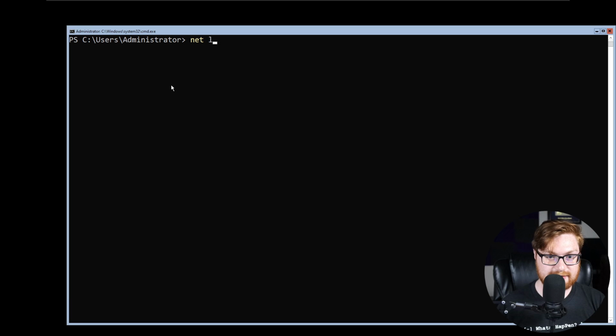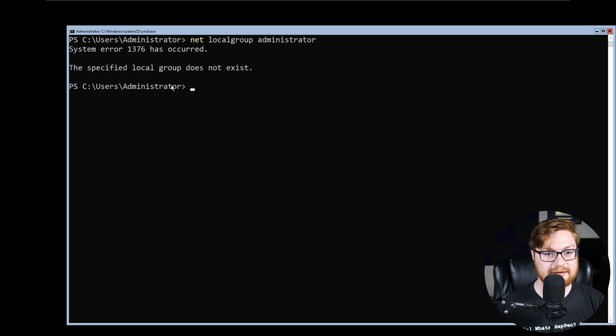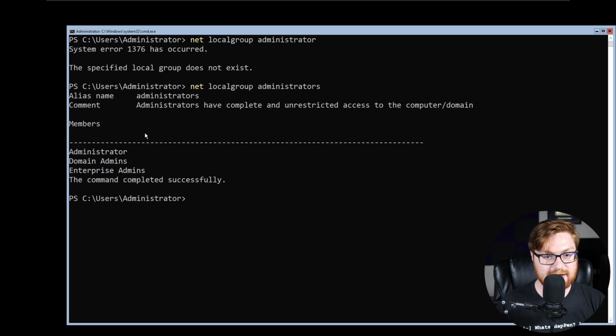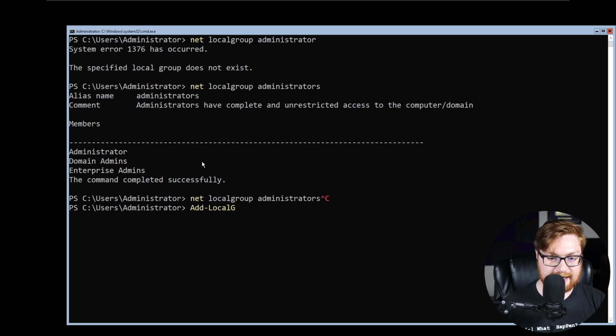We can check that with local group administrators, just using old school commandlets, right? The only local group admins right now are our actual administrator for this machine. But if I were to use that PowerShell command, add local group member, group administrators, and then member xyz.com/abrown,